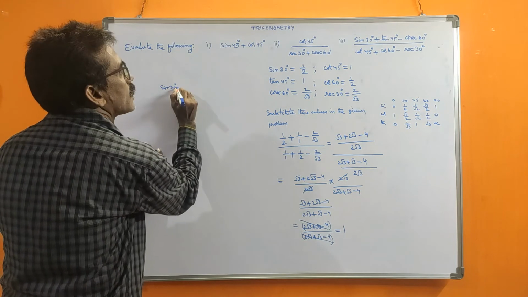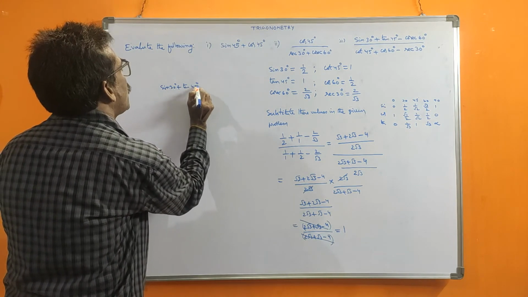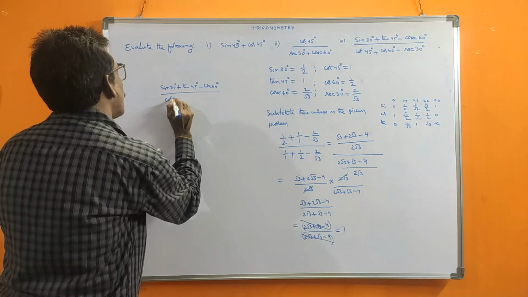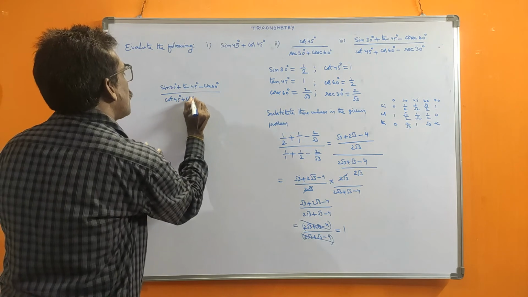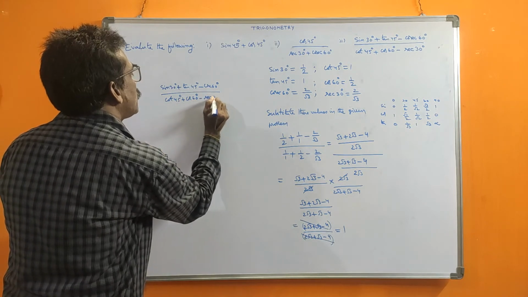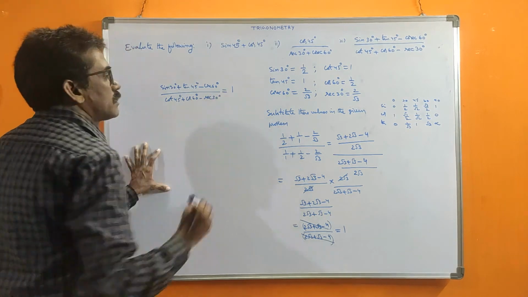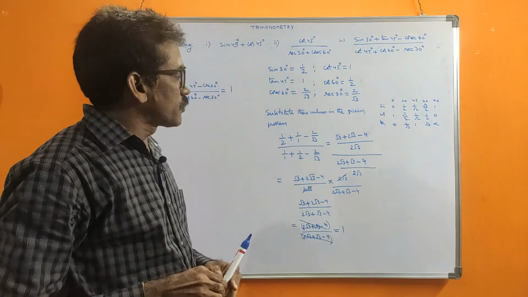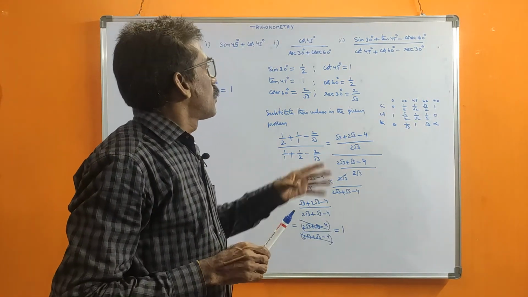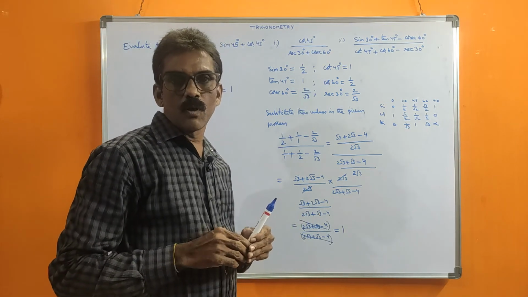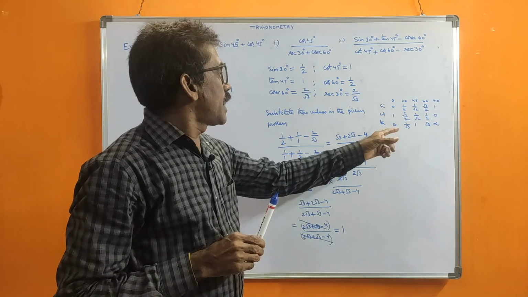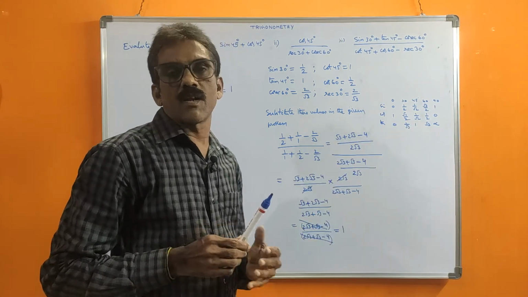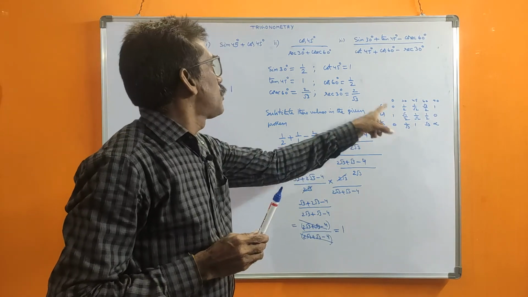So sin 30 plus tan 45 minus cosecant 60, all by cot 45 plus cos 60 minus secant 30, this value is 1. That is what we were asked. Okay. Now, these problems are direct problems. First we should know the values. So to know those values we should write this table. In exams also you can write this table within seconds on one rough page. So by seeing that you apply the values.